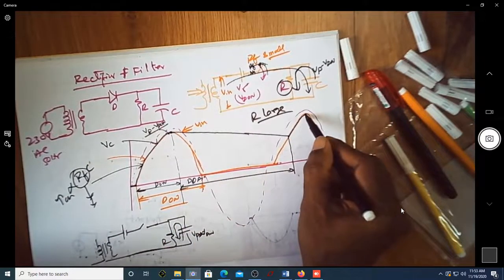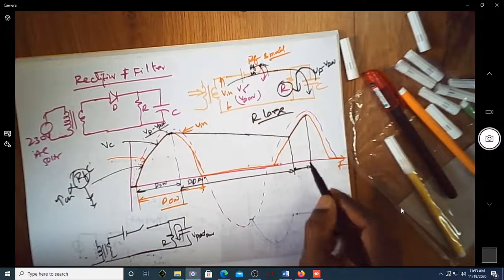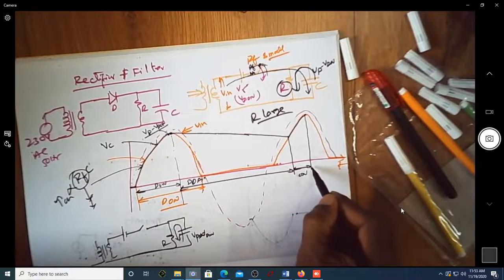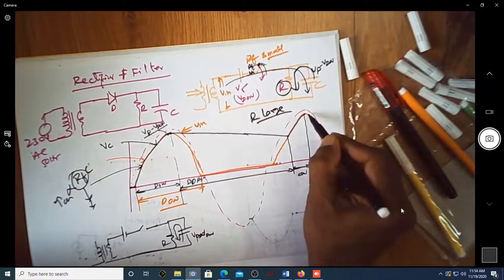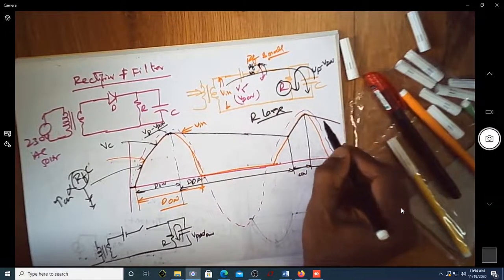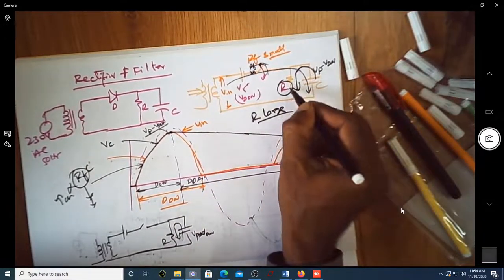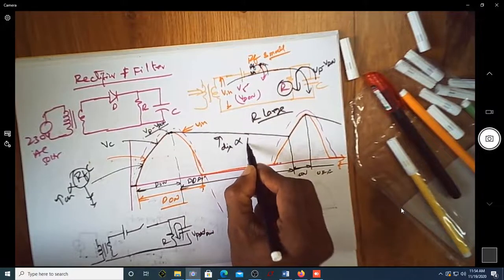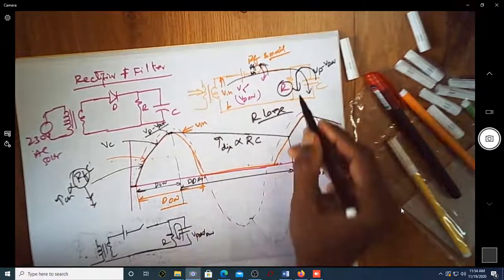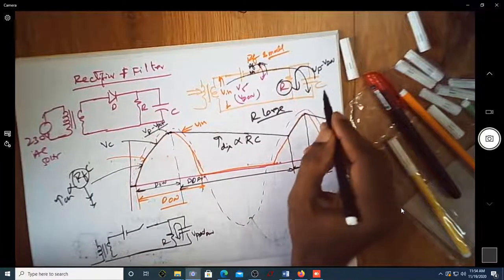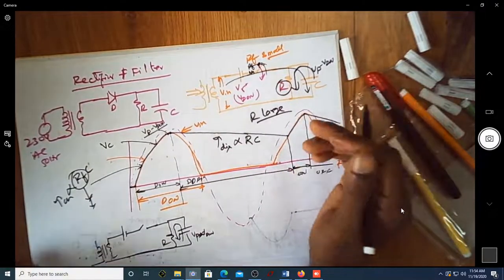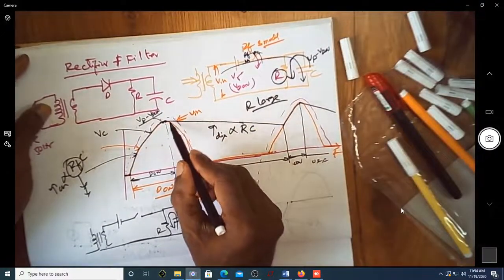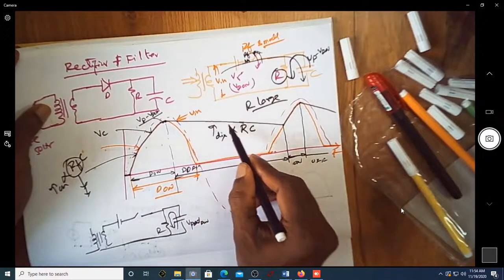Again, when the diode is on, can you see this is charging now along with your input voltage? It keeps charging. So here it is on, and again it goes to the off condition. When it is off, it is discharging slowly. The discharging time constant, if I say it as tau discharge, is proportional to R into C. This is that R. Of course, R can also be written as RL. Can you see now? While discharging, it is going exponentially down like this.